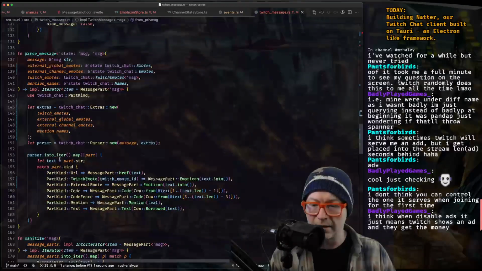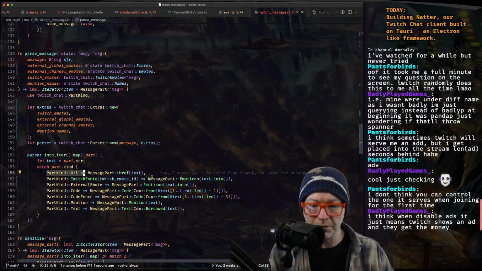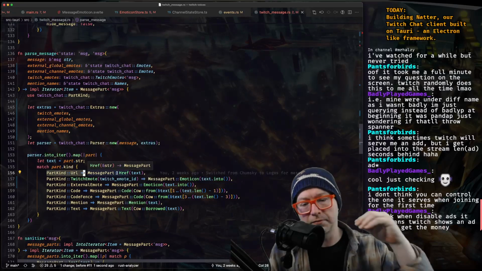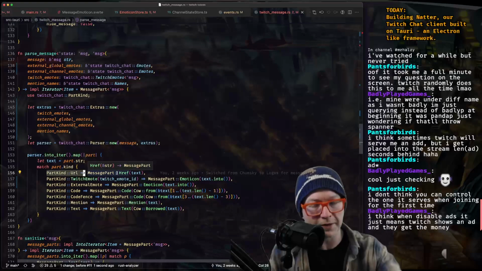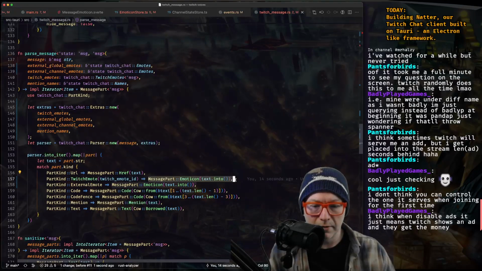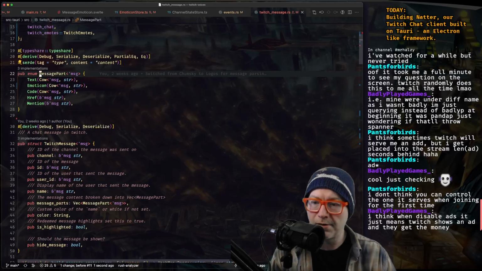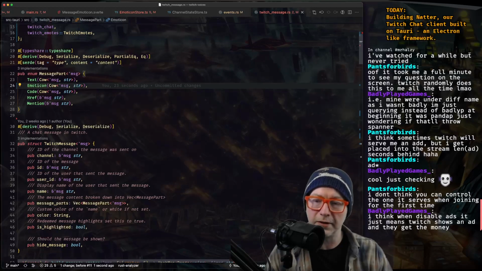Okay. So this was converting our parsed message into a structure that would get sent to the front end. Okay. And Twitch emote and external emote. See, message part, I thought we had... Yeah, they're just emoticon. They're not even like Twitch emote.